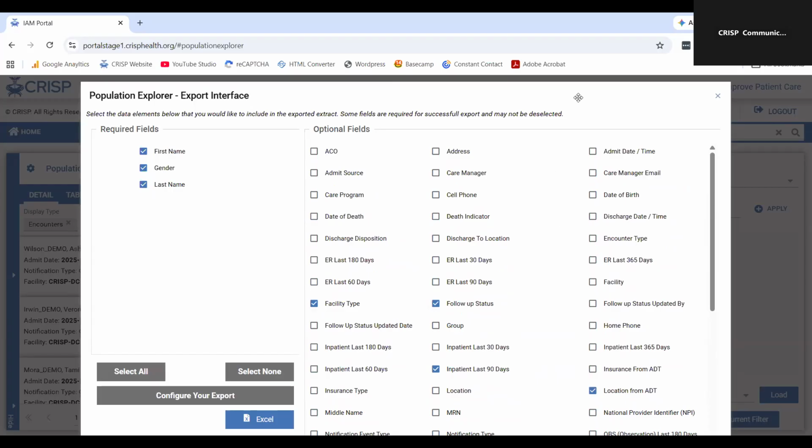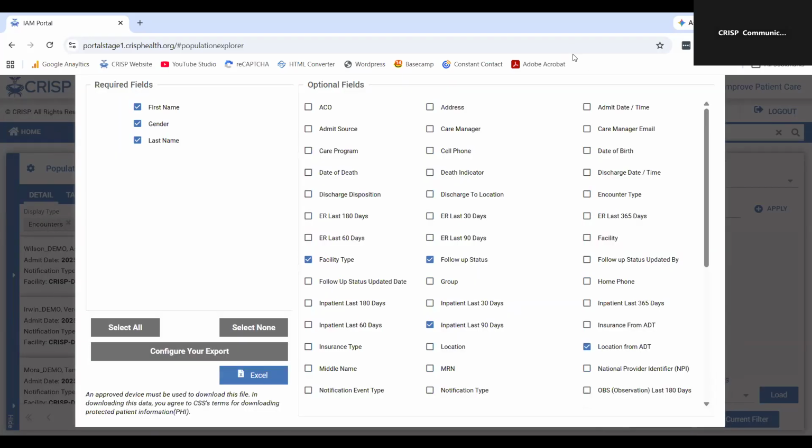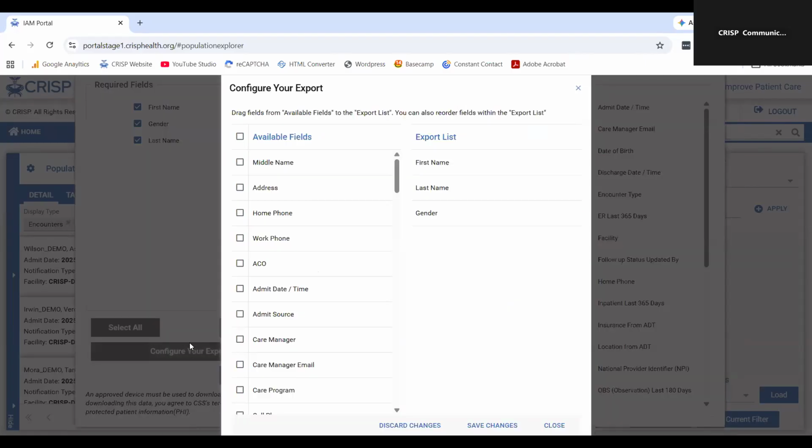And what's cool about this is whatever settings that you've had will automatically save for the next time. And then what you can do